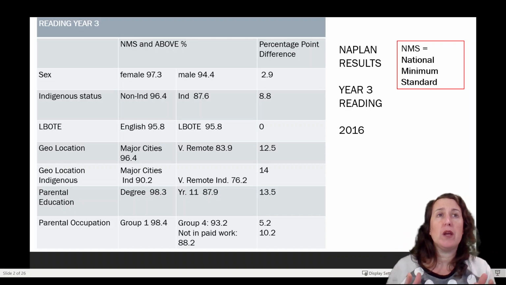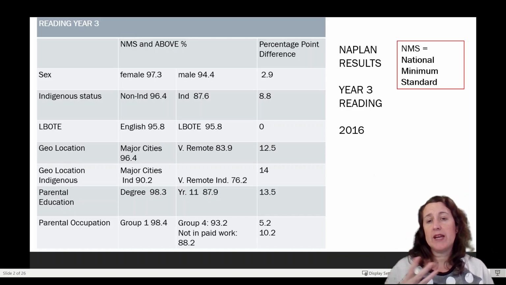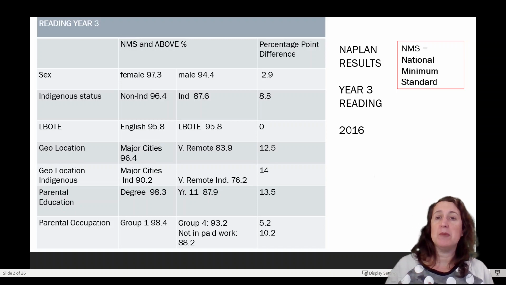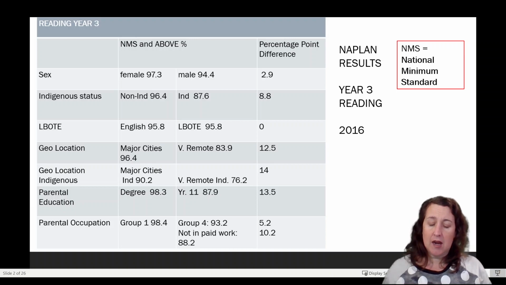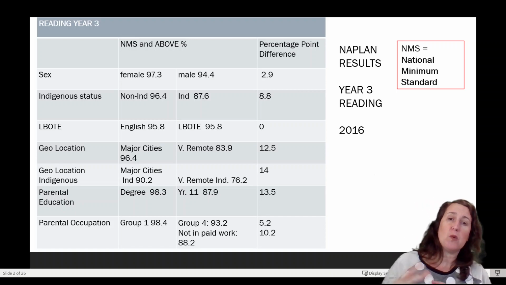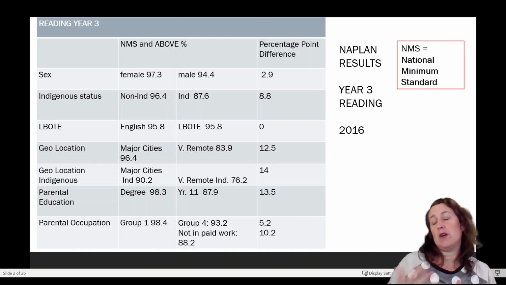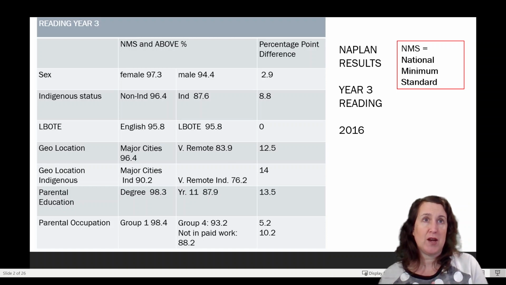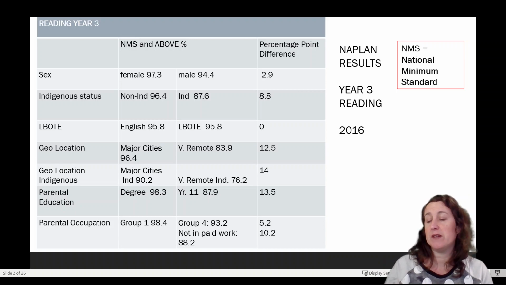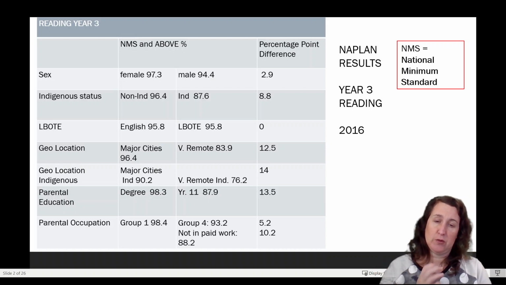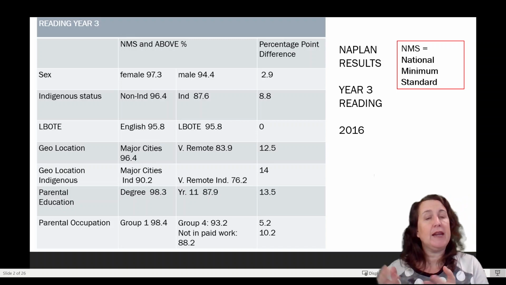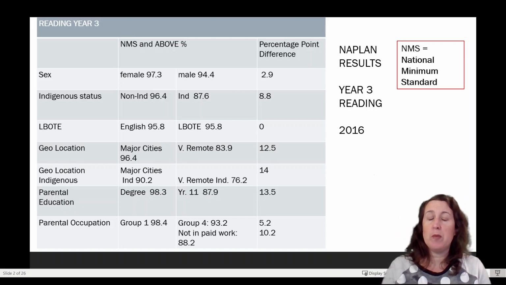Now, this is where we remind ourselves that looking at percentages is a pretty blunt instrument, because language background other than English has a wide range of disparities in the amount of students that count as having a language background other than English. On the one hand, you have refugee groups, and those students tend to come to Australia and be considered to be quite disadvantaged and impoverished because they're often fleeing from really dangerous situations and may not be coming to Australia with any English background at all, versus skilled migrants, or the children of skilled migrants who have a language background other than English, but may not have the same economic disadvantage.